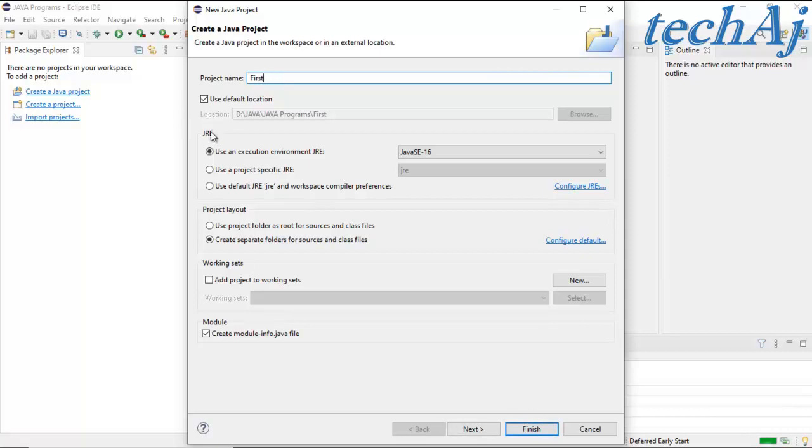The other options are selected by default. Here we can observe the JRE, that is Java Runtime Environment, has been detected, which is Java Standard Edition 16. We'll keep the default options as they are and click on Next.